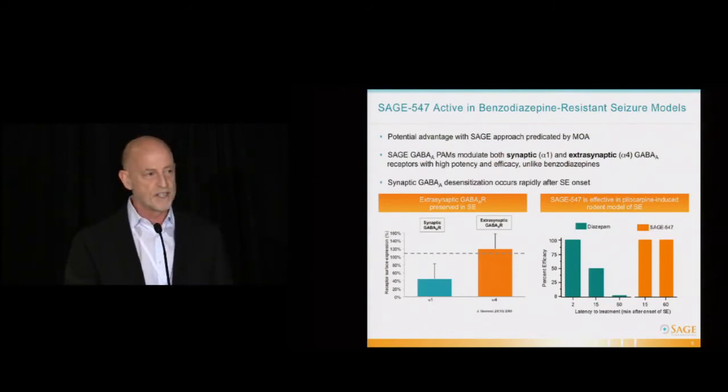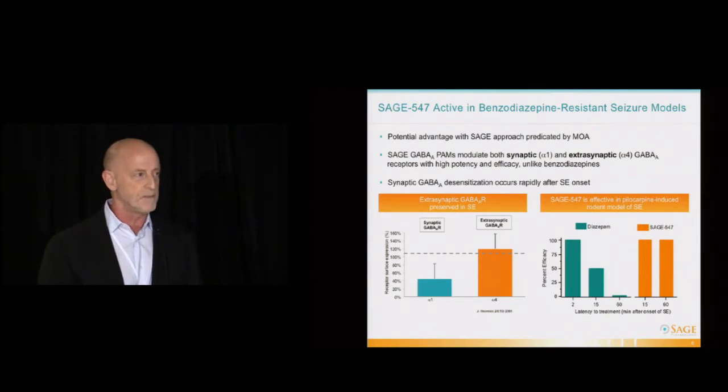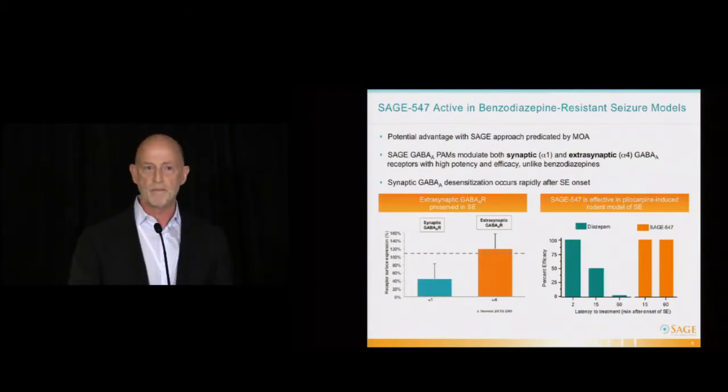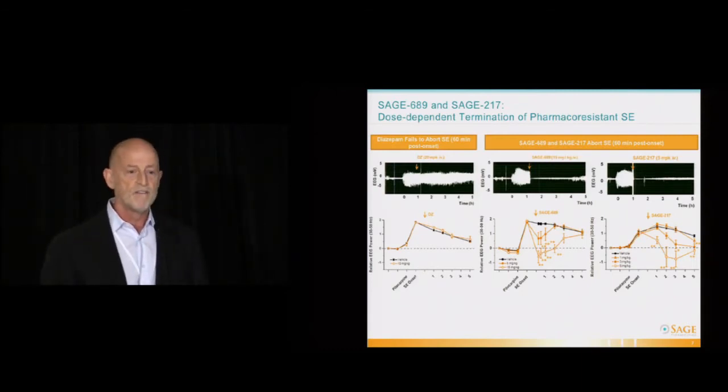In an animal model of resistant seizure, you can see on the left, if you induce seizures and harvest the brain, you'll see reduction of synaptic receptors and pretty much stability of the extrasynaptic receptor. Physiologically, that's manifested as the tolerance developing to diazepam in chronic therapy without tolerance developing to sage 547 and related compounds. We've been able to demonstrate this in other preclinical models for both of our compounds 689 and 217, which